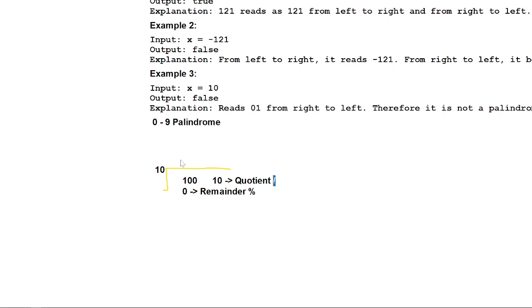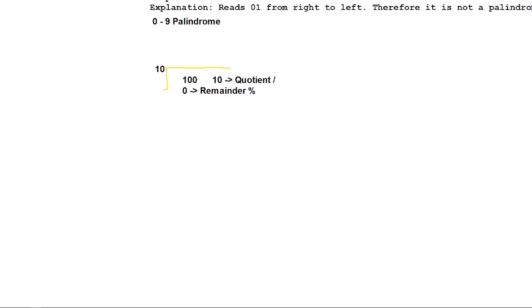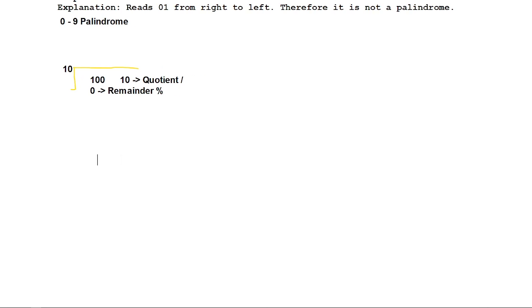Now we have to figure out how to handle the next things. How are we going to check whether a number is a palindrome or not? What can be the logic?